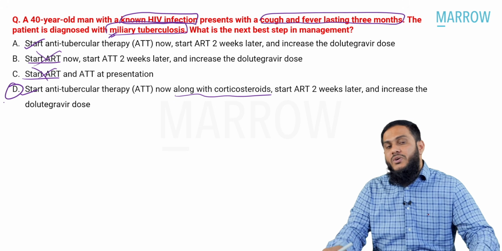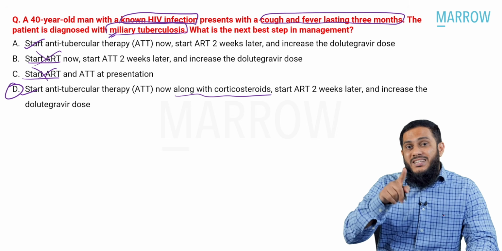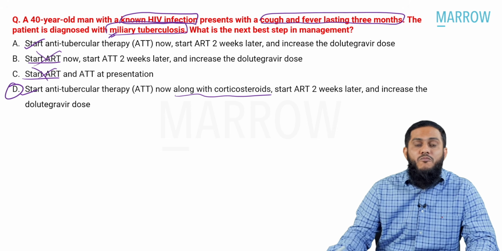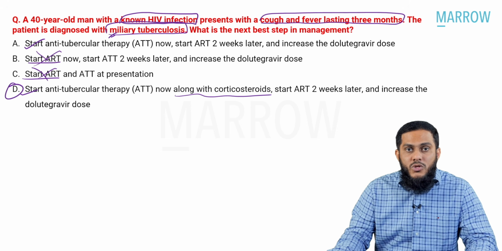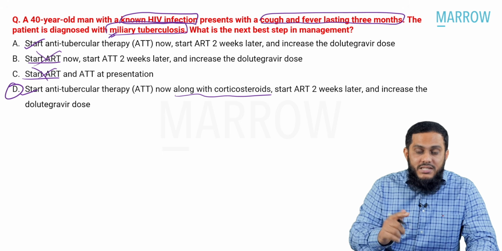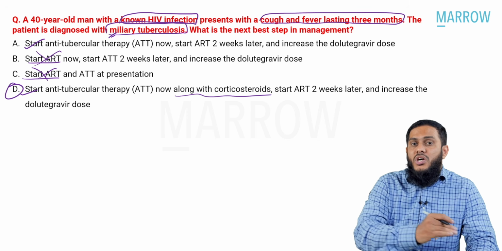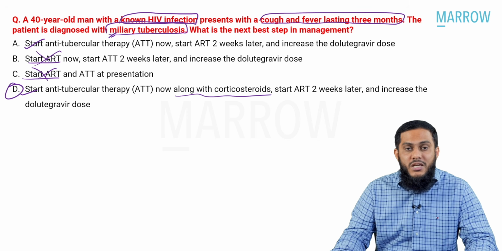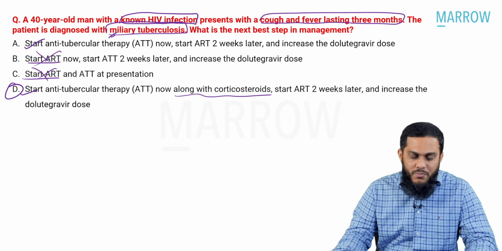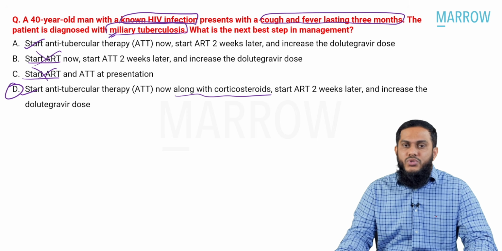I've given you the reason why we have to add corticosteroids. Miliary TB is a severe form of TB with a high bacillary load, a high quantity of Mycobacterium tuberculosis. So when you treat, chances of spreading it to the meninges causing tubercular meningitis, and chances of IRIS are also more, and that's why corticosteroids bring down the chances of IRIS and also TB meningitis. To prevent these complications, always remember, when you treat miliary TB, you have to add corticosteroids